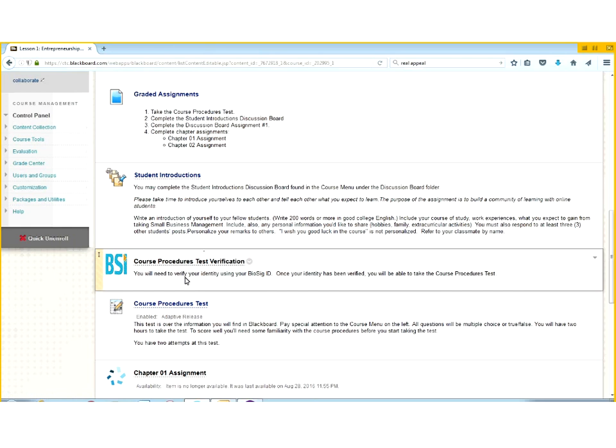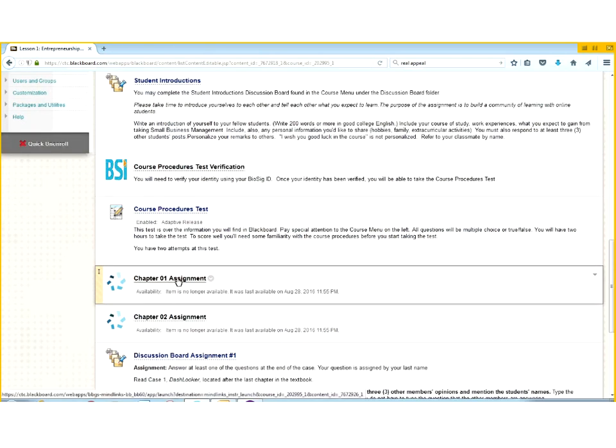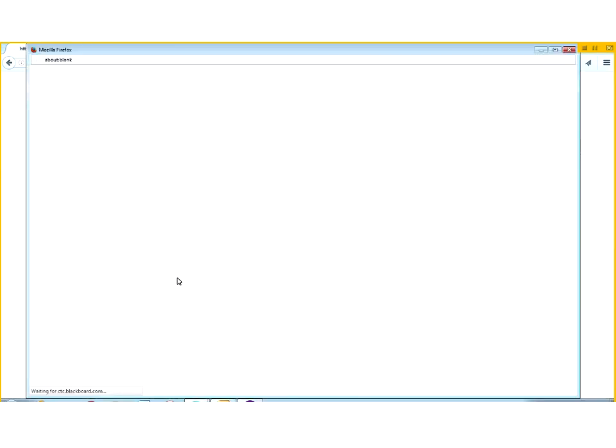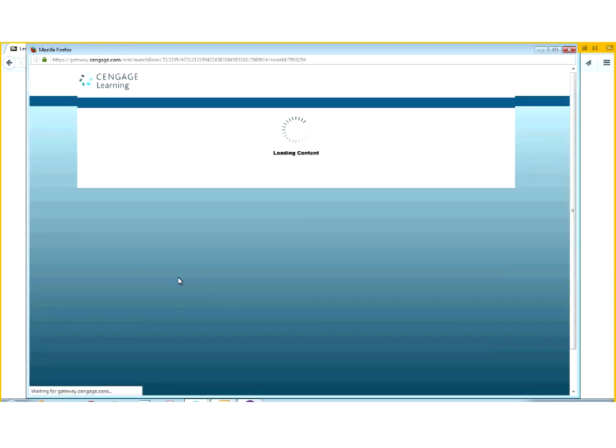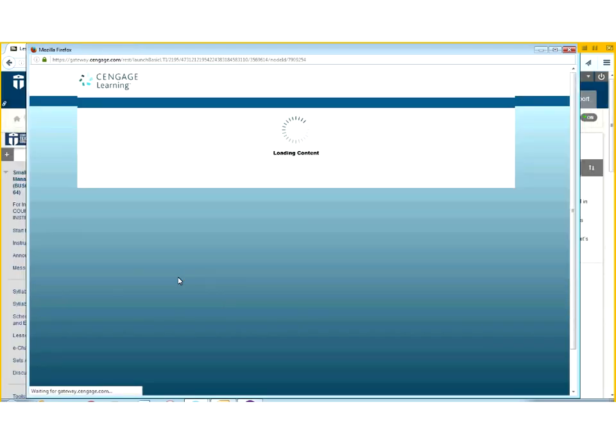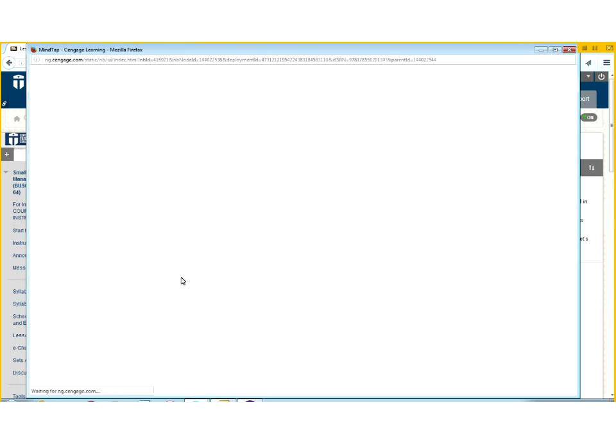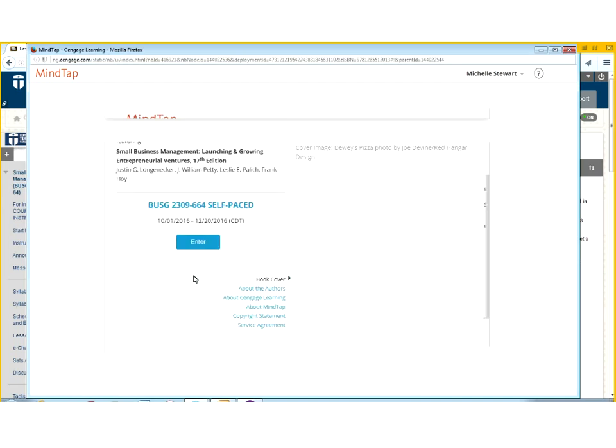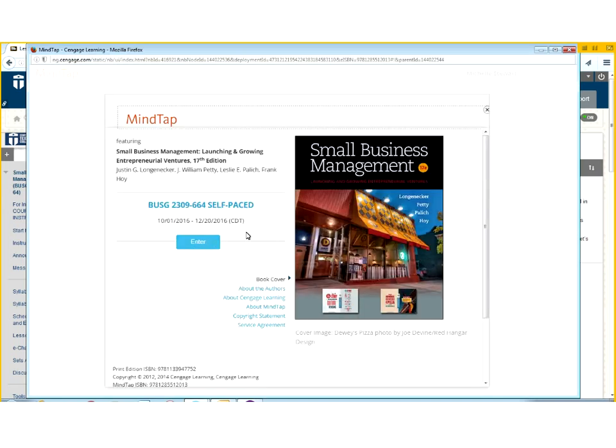Now let's go down into assignment 1. You notice that it's underlined, so you click on that, and it's going to take you to the MindTap exam. It's not an exam, it's a quiz. And you complete that. Now, as I recall, you can take it twice. You have an open book. There's not anything to it. MindTap just makes you read the book.